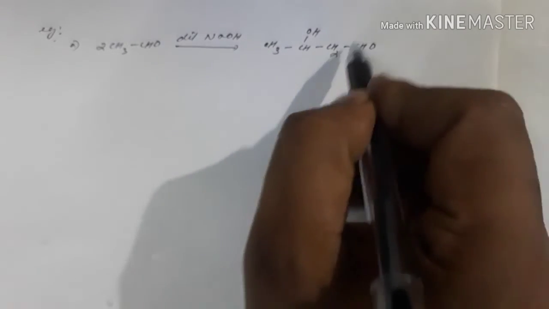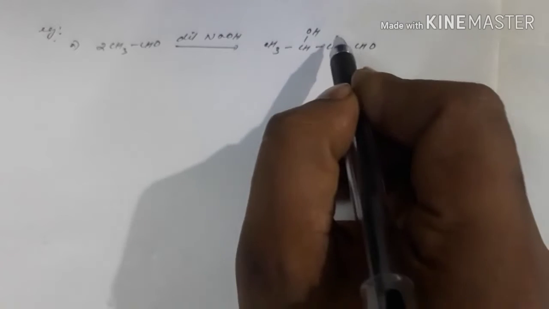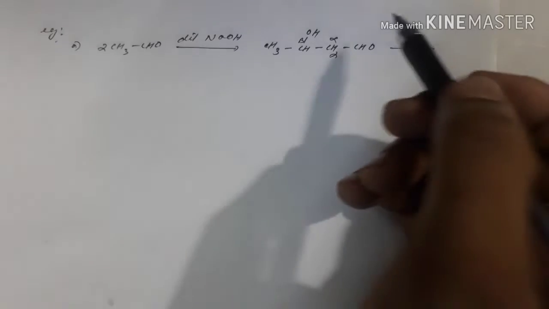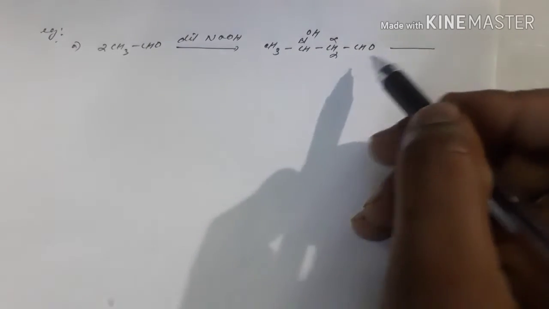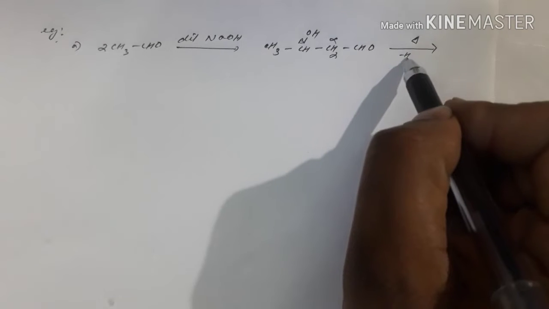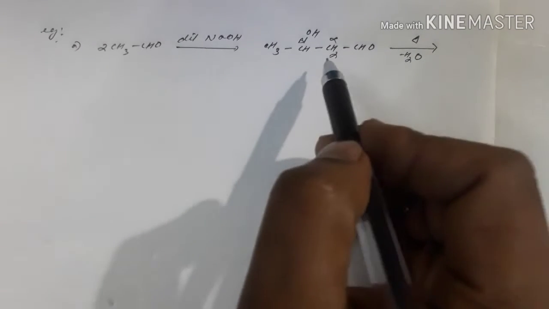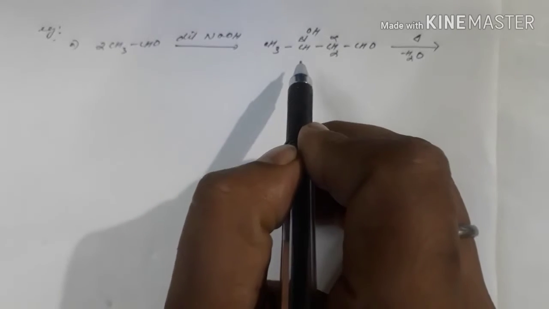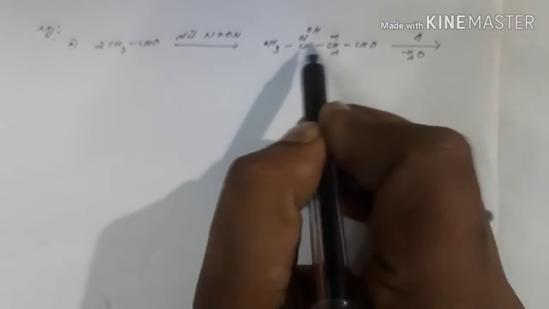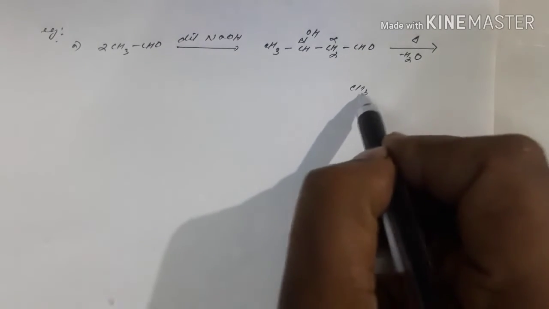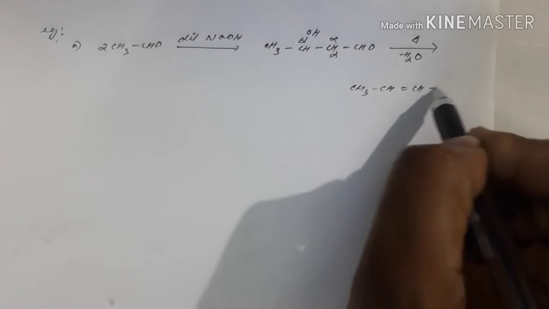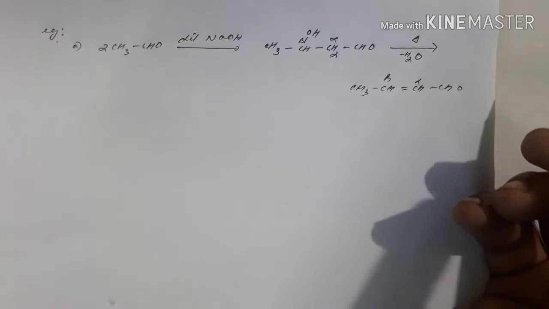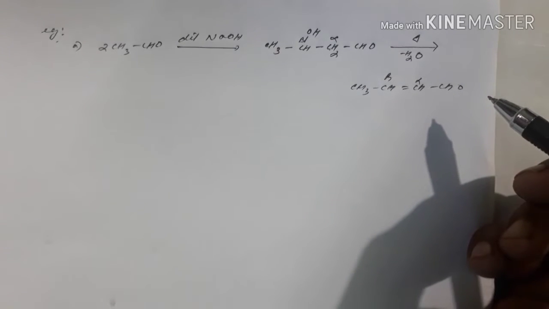This is already the aldehyde functional group, so I have the alpha carbon here, and the beta, so this is beta hydroxy aldehyde. As we are talking about condensation, we are heating it, and it will release a water molecule from the respective positions of alpha and beta. Between these two there would be a double bond: CH3, CH double bond CH, then CHO. Again, between alpha and beta there is a double bond, so we are talking about alpha beta unsaturated, and because of CHO it is an aldehyde.